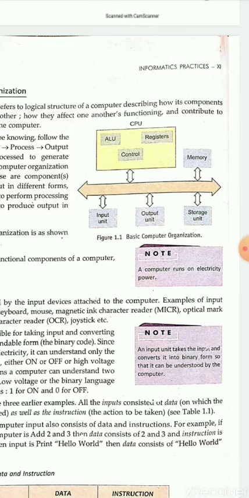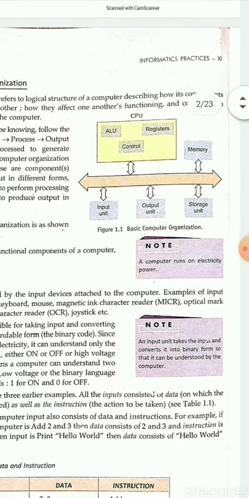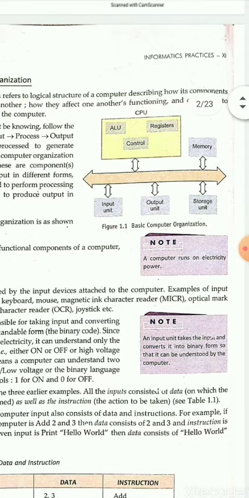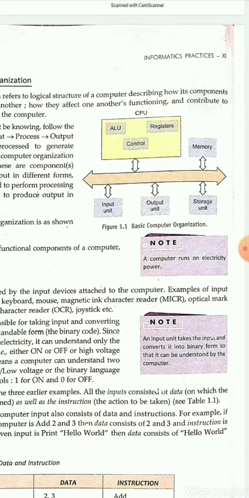The first unit is input, a collection of devices that are used to give input to our computer, like keyboard, mouse, microphone, etc. Then the processing unit is composed of ALU, CU and registers. ALU is the arithmetic logical unit, CU is the control unit, and registers are for storing a very small amount of memory. Collectively it is known as the CPU, central processing unit.